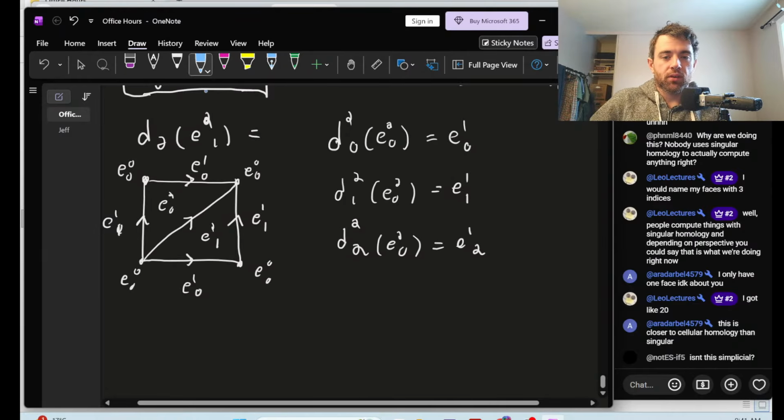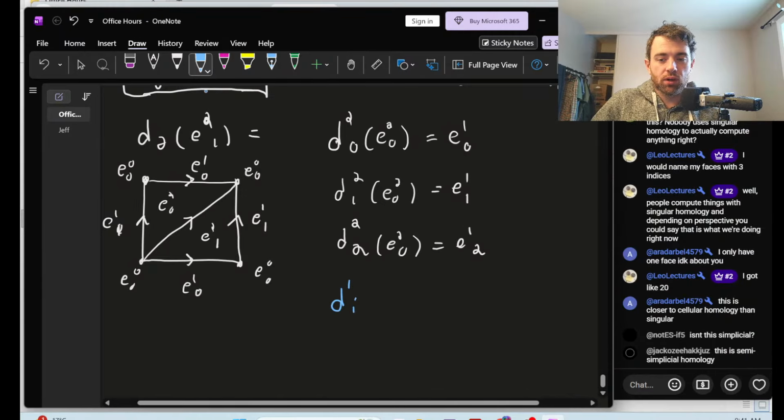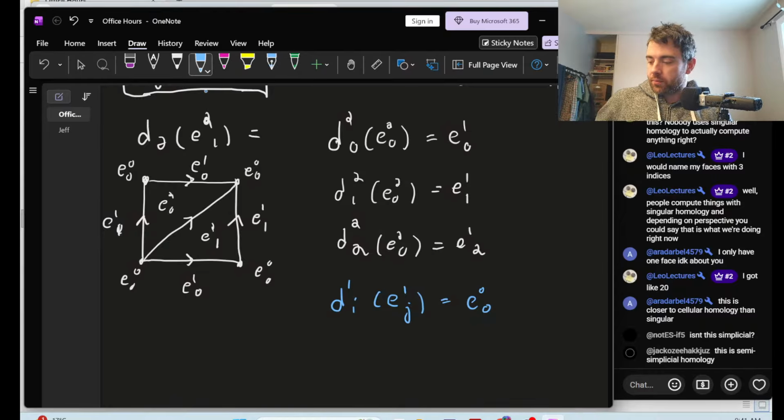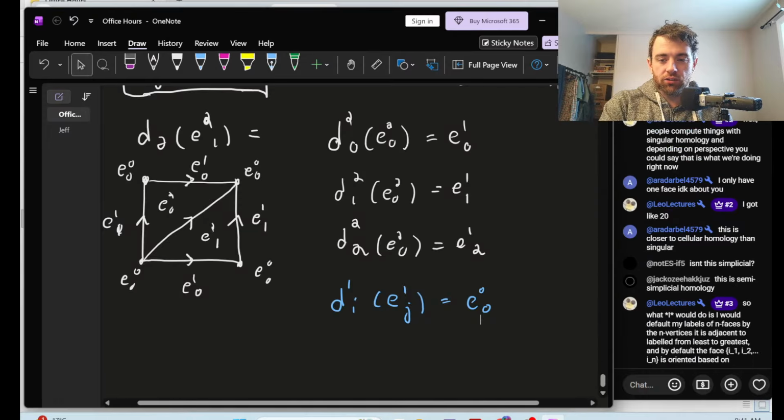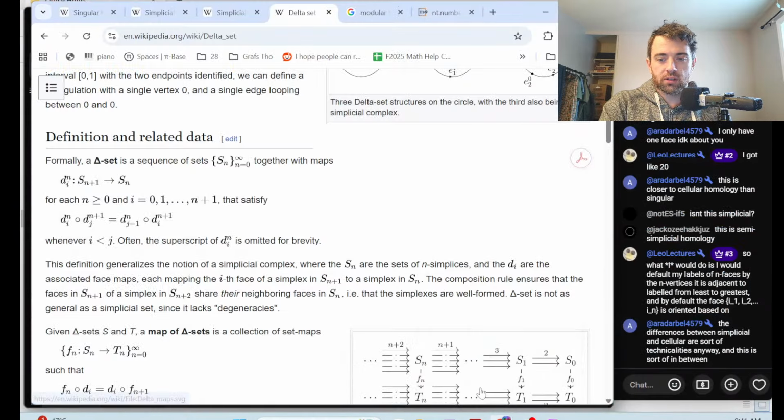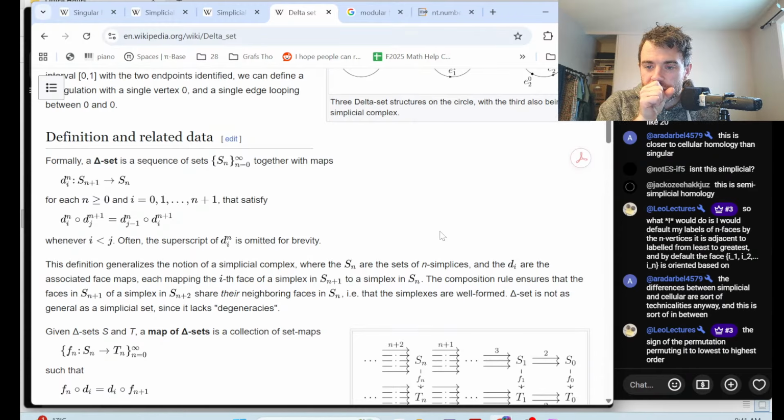Or by which I mean, since there's only one vertex, D1I of E1J has to be E00. There's no other choice. And then let's see, there's like one more compatibility condition that we need to check. What you would do by default, labels of n faces by n vertices. Yeah, that's probably a better way to do it, but